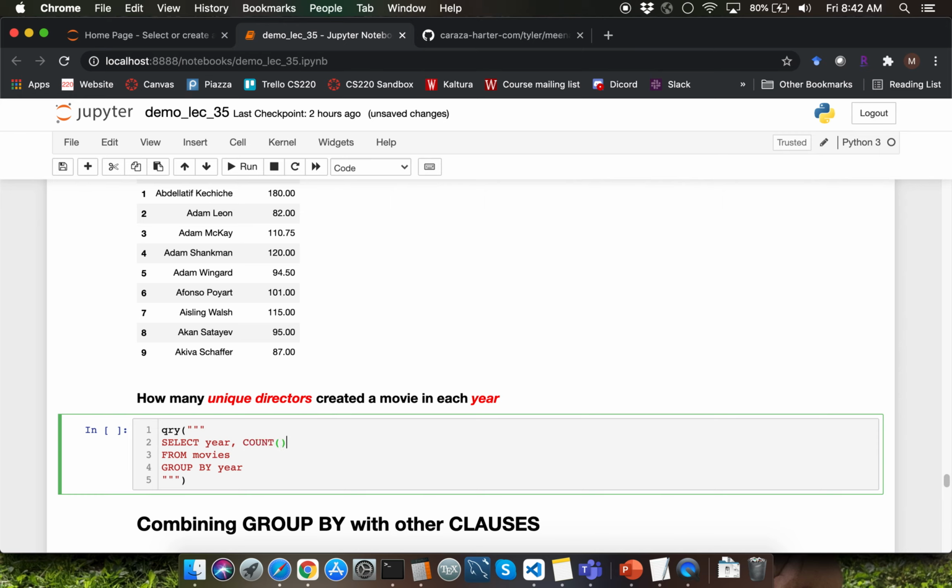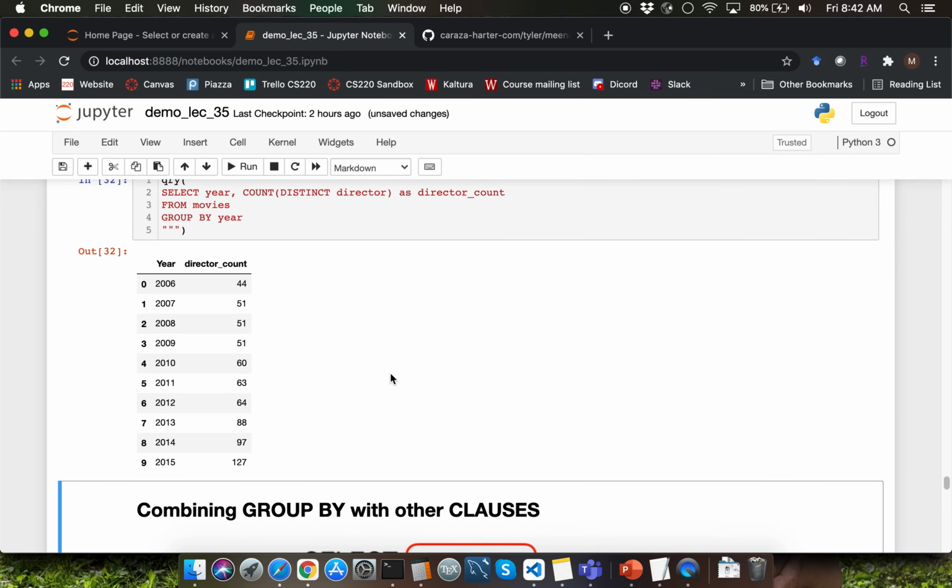So I'm going to say count open parenthesis close parenthesis and I'm going to say distinct. What column do we have to involve here? That's going to be the director column. Let me store this particular column's name as director underscore count over here. Observe that we are getting the director count for each of these year groups.